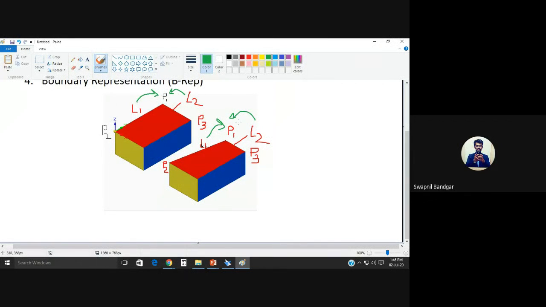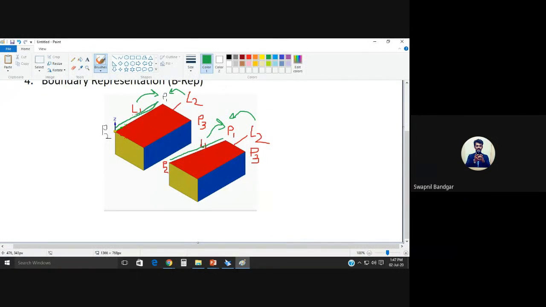In this case, the connection, if you follow the same pattern, if you see point P3 or P2, the same edges and the same surfaces are connected to each other. So its topology is the same. This is a same-topology example, but the geometry is different. Why? Because this edge is not at 90 degrees with this edge.